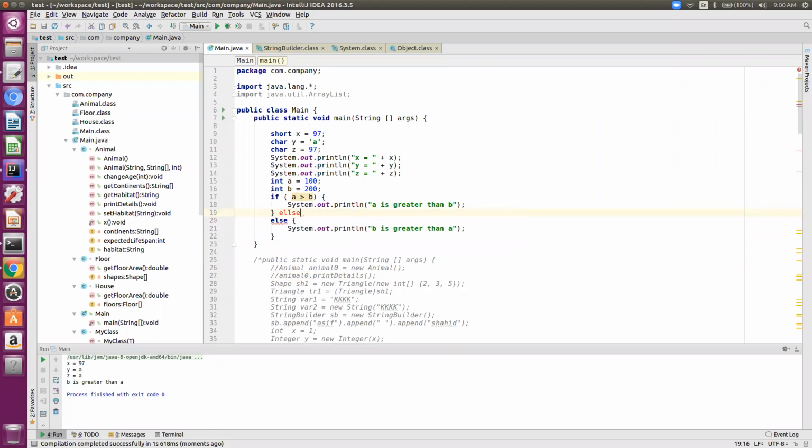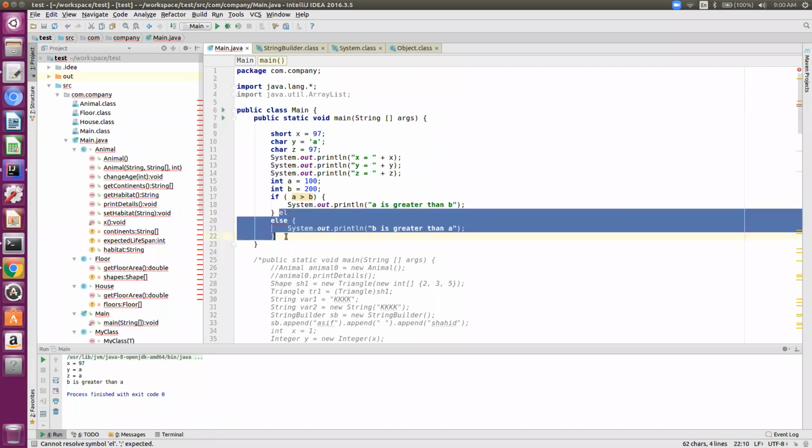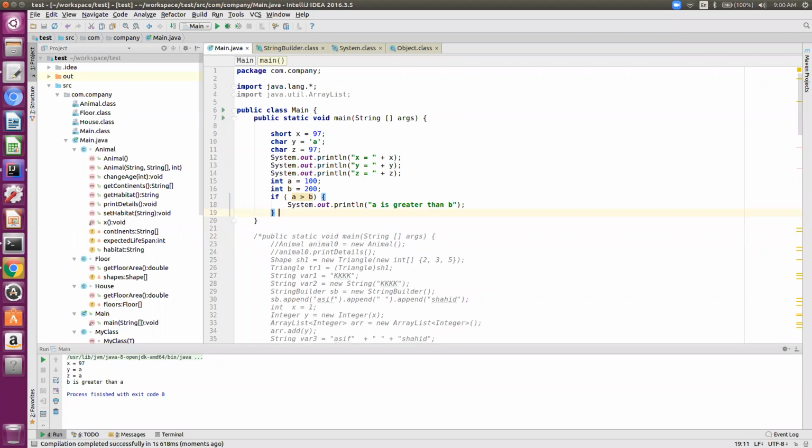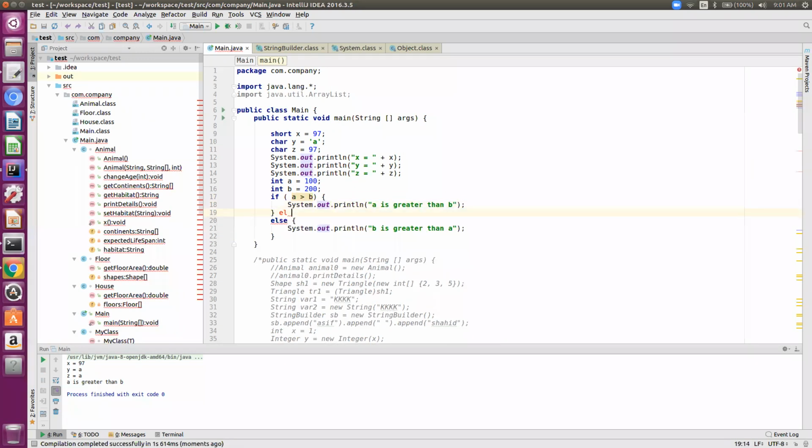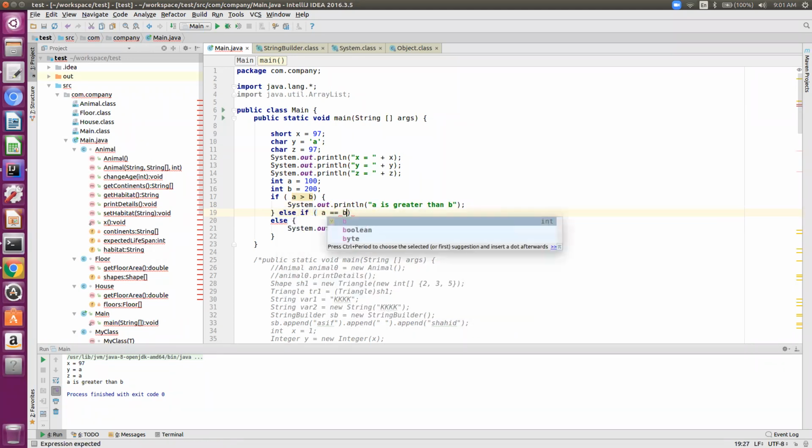Now I can also write this: the else is not mandatory, you can always have just an if. So in Java you can have something like this also: if a greater than b, then only execute this line, else nothing to be executed. Let's see. Nothing executed because this condition was not valid. If the condition becomes valid, a is less than b which is true, then this line will execute. Now here I add an else if along with it, a equal equals b.